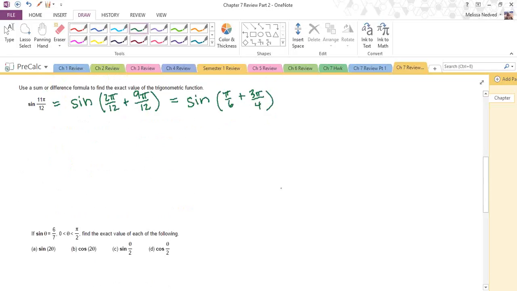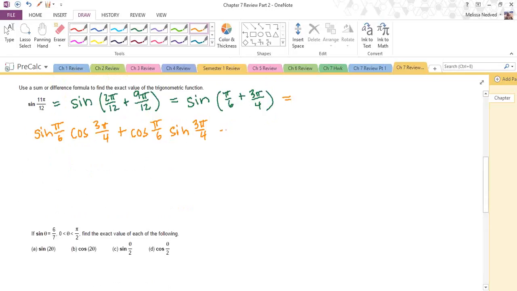So I've satisfied both things I need to do here in order to use my sum formula. I've rewritten 11 pi over 12 in terms of 2 different angles that add up to 11 pi over 12. And when I reduce those values, I do find out that they're both on my unit circle. So now I need to use my sum formula. My sum formula says if I'm adding 2 angles and I'm using the sine function, I can rewrite that as sine of the first angle, so sine of pi over 6, times cosine of the second angle, 3 pi over 4, plus cosine of the first angle, cosine of pi over 6, times sine of 3 pi over 4,